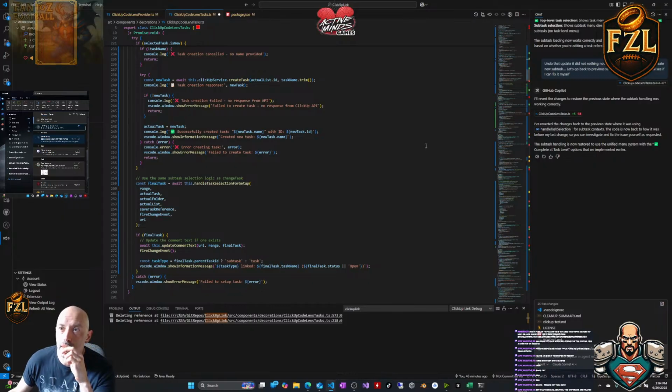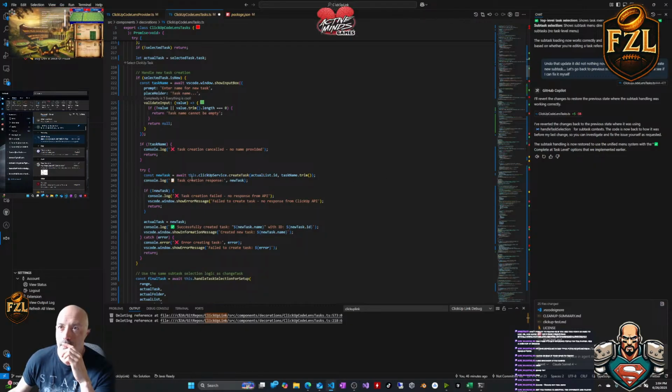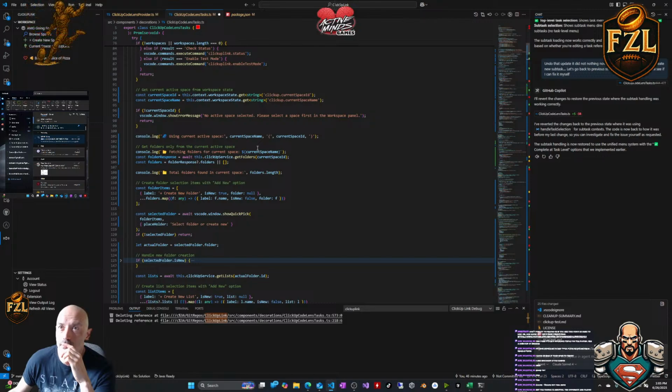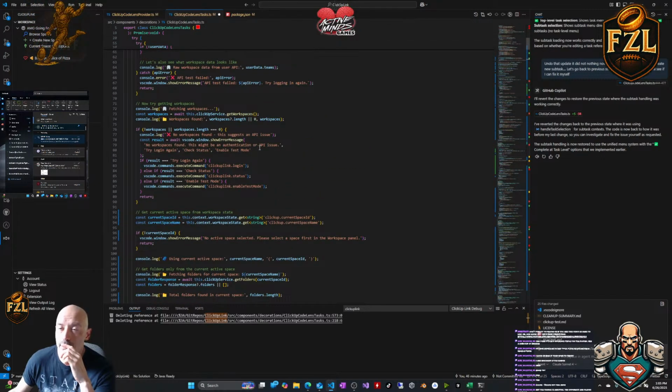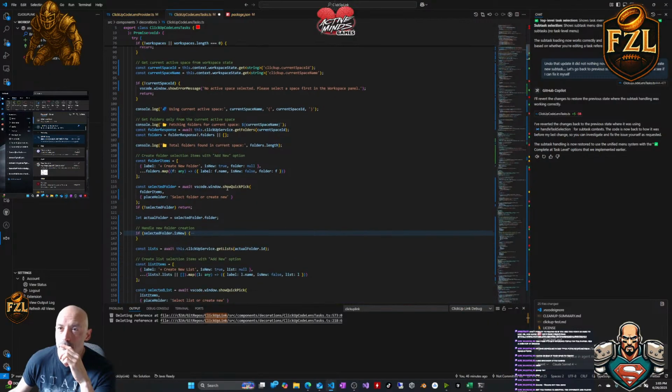Now, something's weird about the way my task is being created. I think I need to group these somehow. I don't like the way this is calling stuff out, and it's kind of hard to trace. So what we're going to do is go to the top. Current active space. Right, so we got that. Fetch folders for current space. So we're going to say,